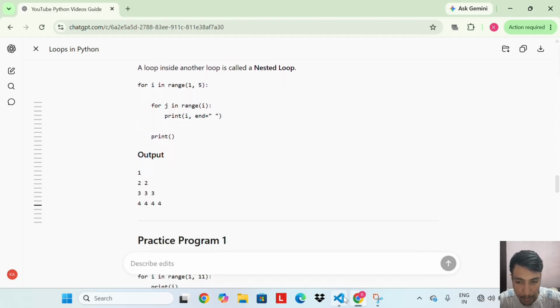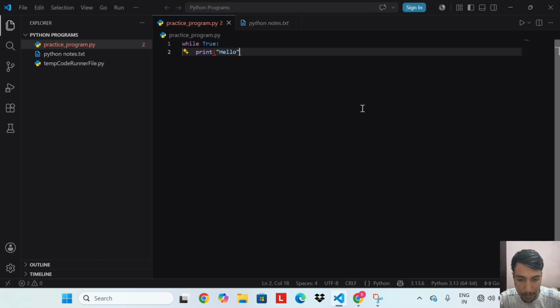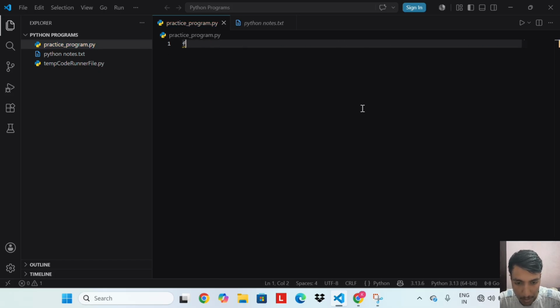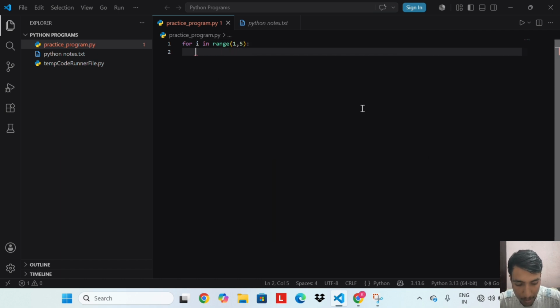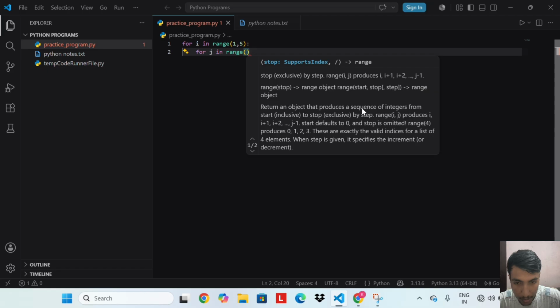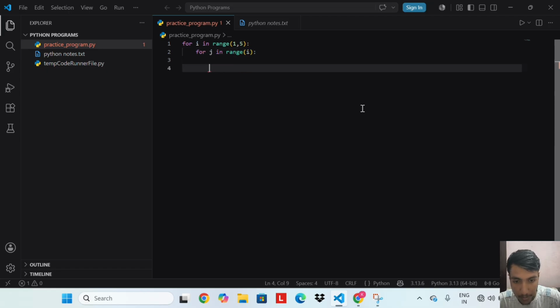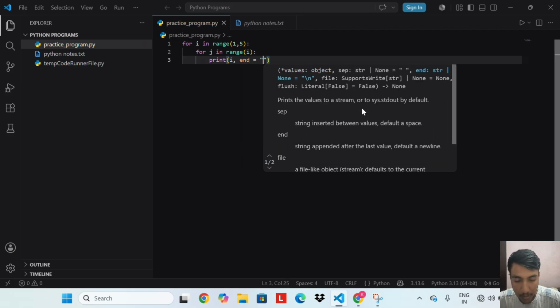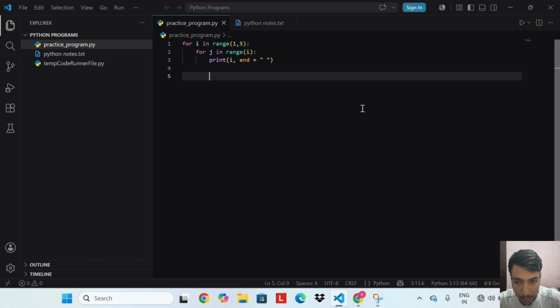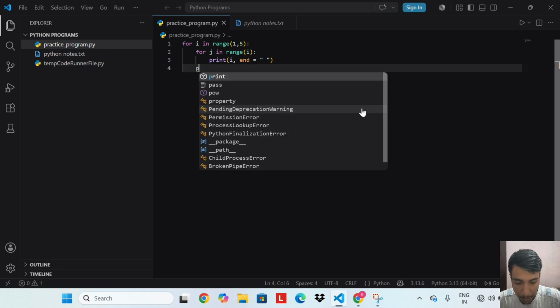Let's do an example. for i in range(1, 5): for j in range(i): print(i), then print().